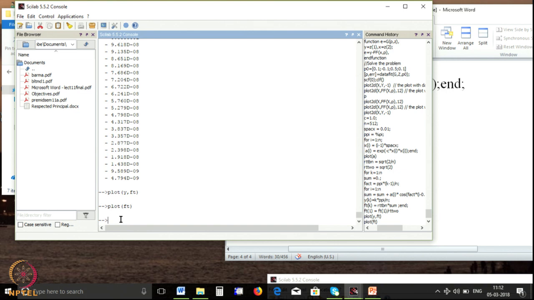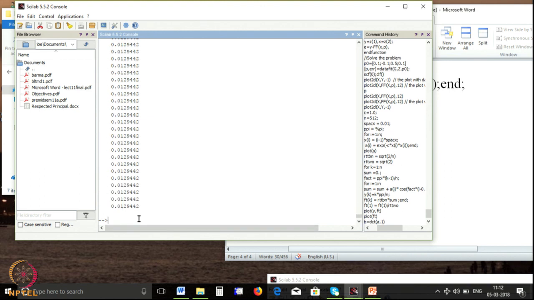My function was A. So, I will say now B equal to dct, this is a discrete cosine transform, of A. Okay. So, ft was the Fourier transform I calculated using exactly the algorithm in Scilab. Now, I will calculate using the discrete cosine transform of A comma 1. I am using this comma 1 because it is a forward transform. Remember, there is a forward transform and a reverse transform. So, my B should be the discrete cosine transform in the forward direction. So, let me calculate. So, it has calculated.